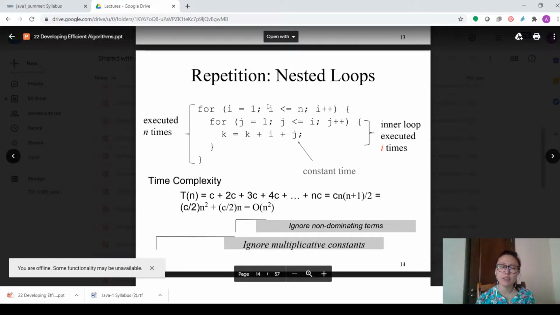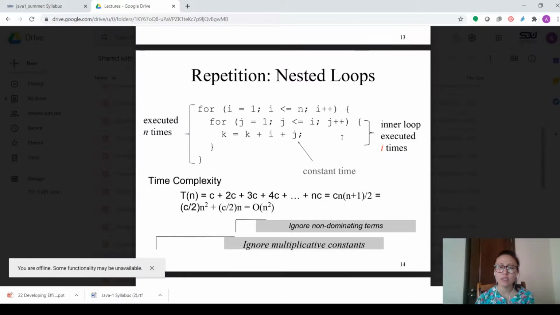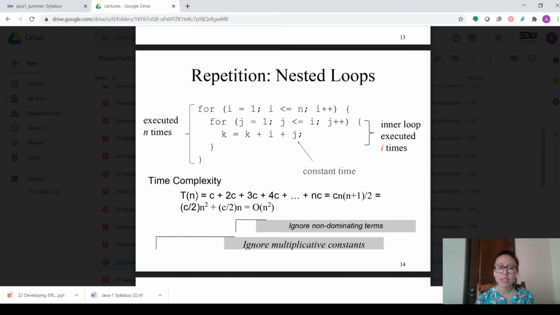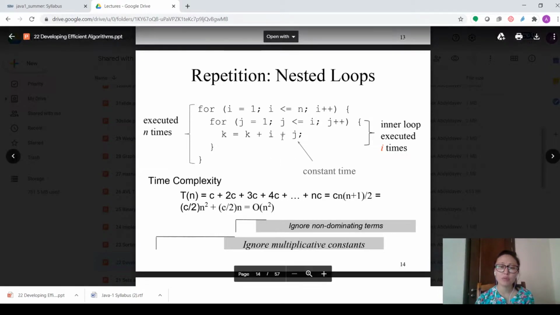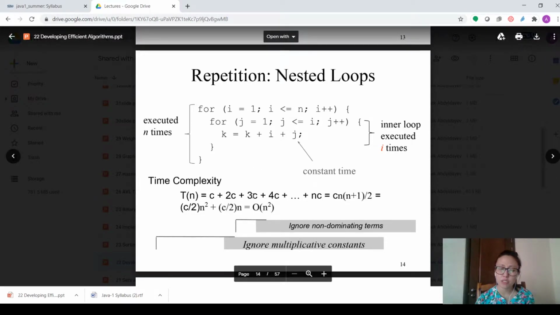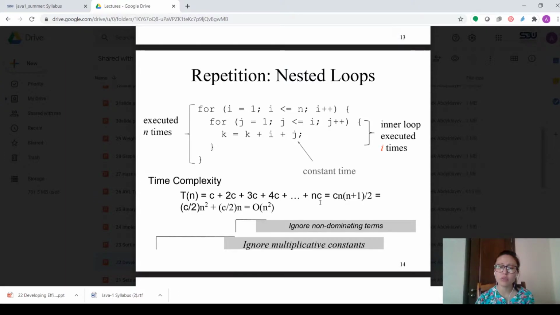If in the repetition in the nested loop, the execution time of the inner loop, for example, will be i times, and execution of the outer loop will be n times, then in this situation, how much time will it be performed? First time it will be performed some constant time. Second, when i becomes 2, it will be 2 constants. Third, it will be 3 constants, and so on. So it will be done n times, c times